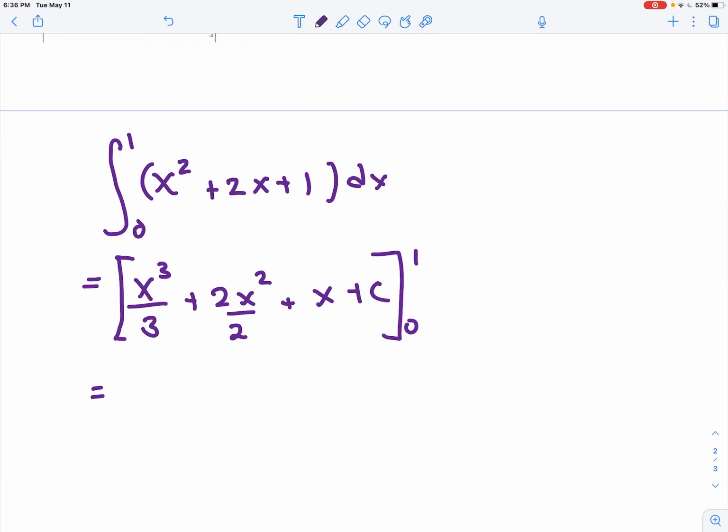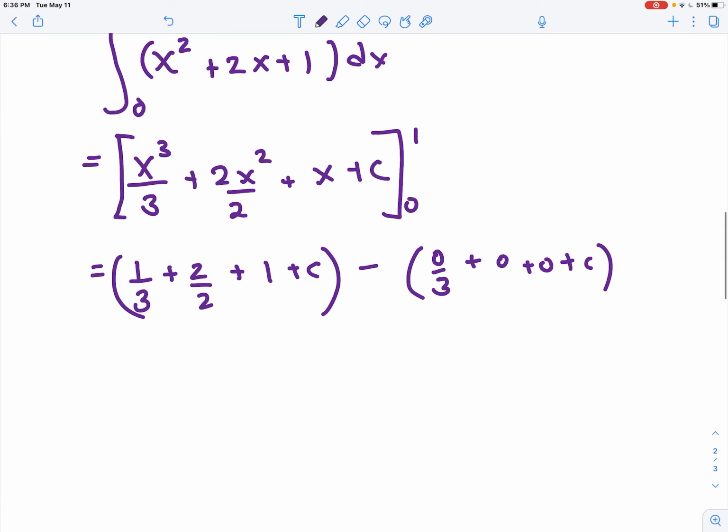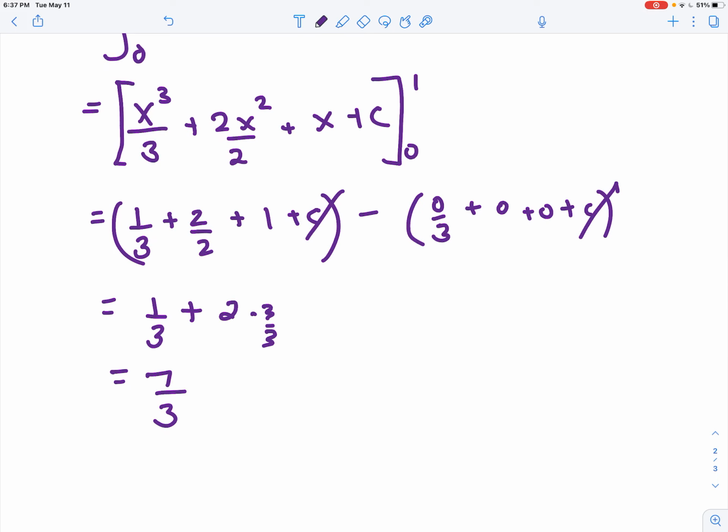And then we use the fundamental theorem of calculus, which says put a 1 in there. And then put a 0 in there. So it would have helped if I simplified that. Okay, and then those c's are going to cancel, and that all goes to 0. And I get 1/3 plus 2, which is going to be, I can make that 3 times 3, so 7 over 3. And 7 divided by 3,